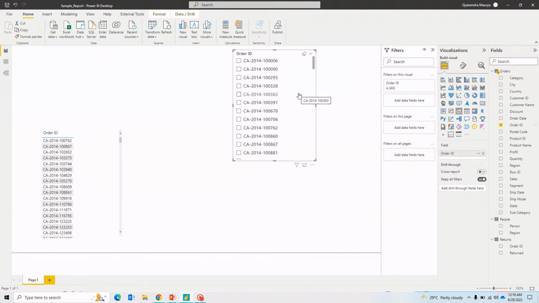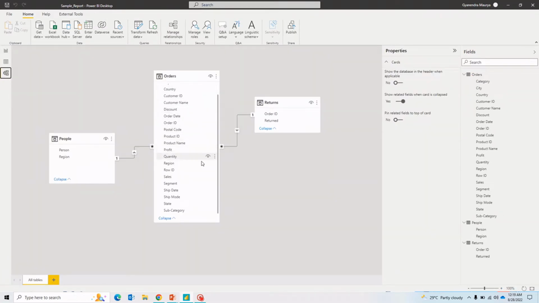Now what I want is when I select any order ID from this slicer, which is from orders table, I want order IDs in the returns table should filter, right? If I do that, it won't do anything. You will notice it's not filtering, because in this relationship we have defined the direction of filtering from returns to